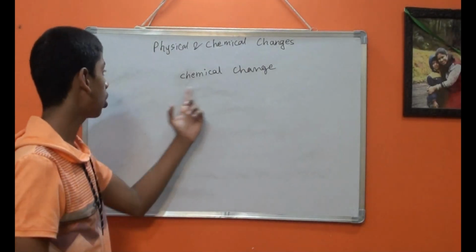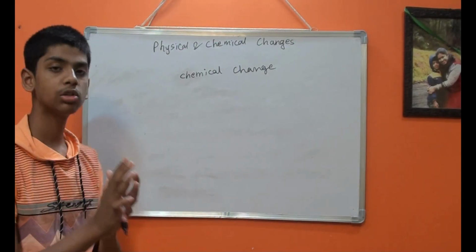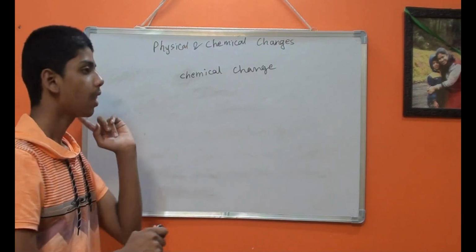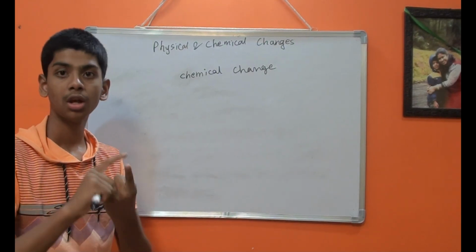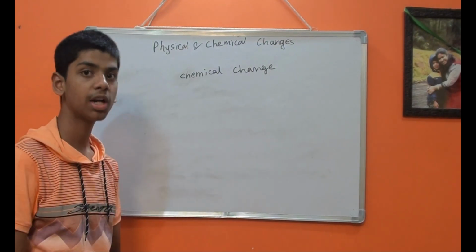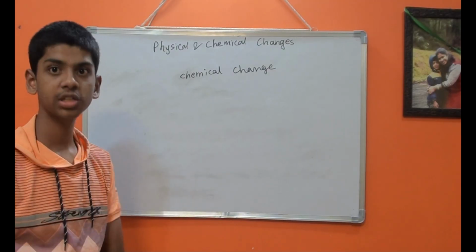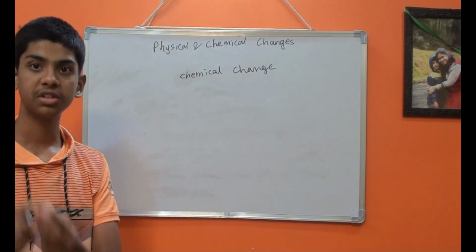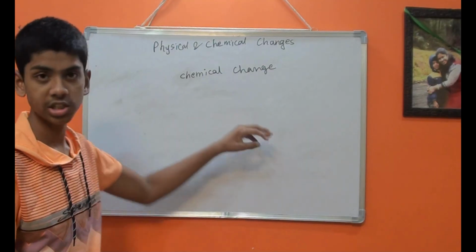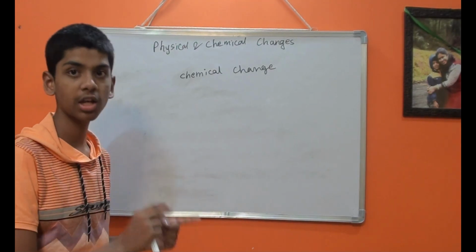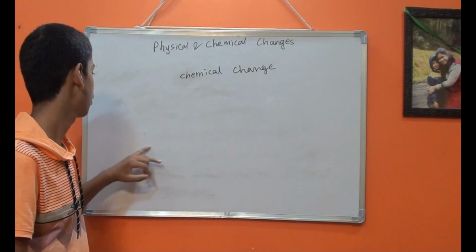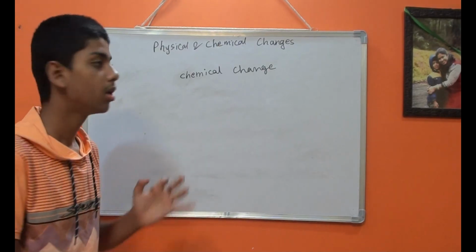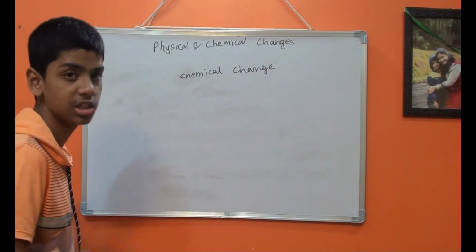Friends, now let's see what is a chemical change. Just like physical change, the change which is made in the physical properties of an object is called physical change. Chemical change means the change made in the chemical properties of an object is called chemical change. Now some examples of a chemical change are